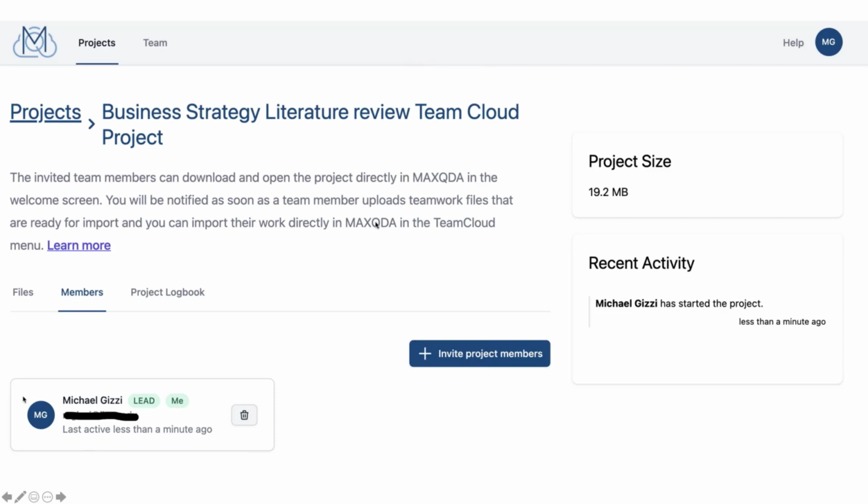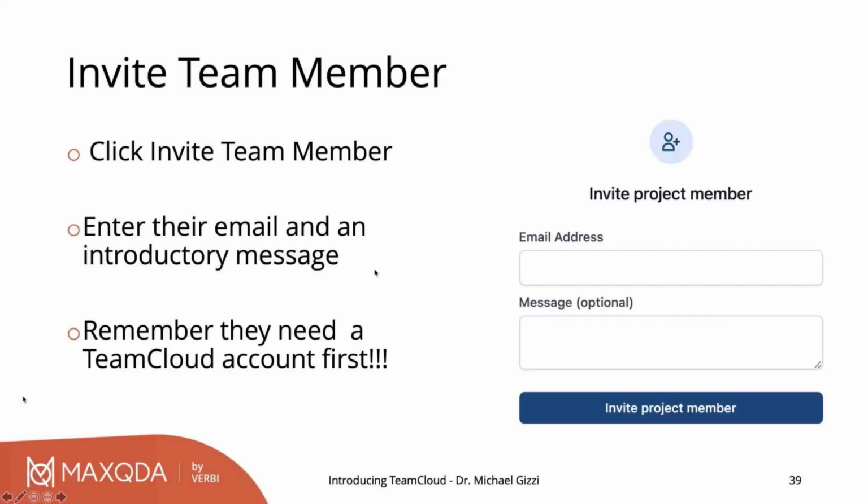So I clicked invite project members. It brought me to the project page. It shows only one member right now, the lead, me, and it says I was active less than a minute ago. Okay. There's also a project logbook, and a list of files and members, but you click invite project members